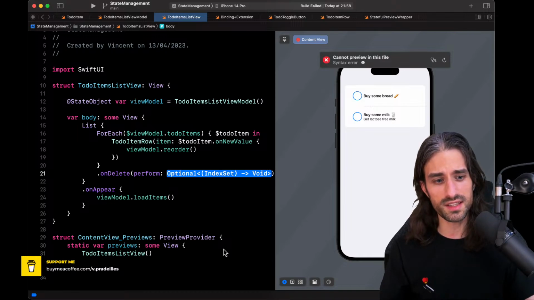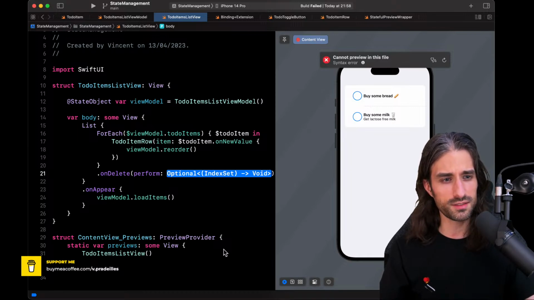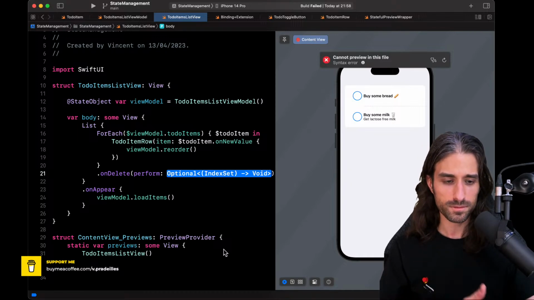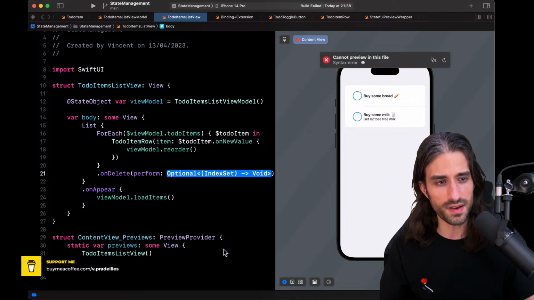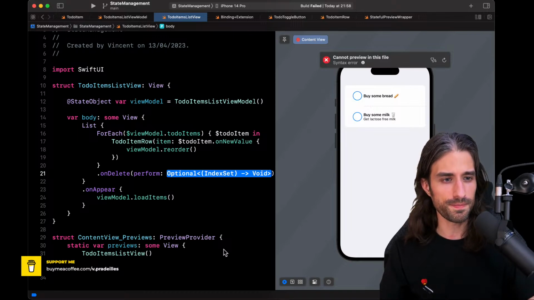So using a shared instance as a view model is not the best, but it doesn't seem completely unreasonable. But when you do so, you would want to use observed object and not state object, because in that case the view doesn't own the object, but rather gets it from another place, and the place that owns the instance is the static property defined on the type of your view model.